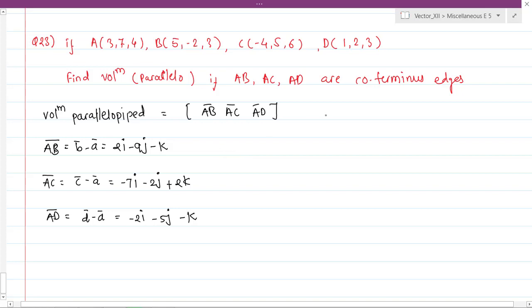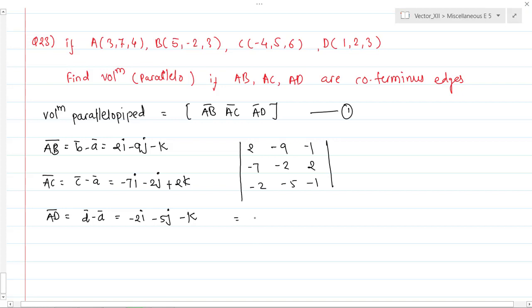So the volume will become, from equation number 1, I will write it here so that it will be easy for us. The coefficients of AB bar are 2, minus 9, minus 1, then minus 7, minus 2 and 2, and this will be minus 2, minus 5 and minus 1. Now let's solve for the determinant. So it's 2 into (2 plus 10), minus (minus 9) into (7 plus 4),